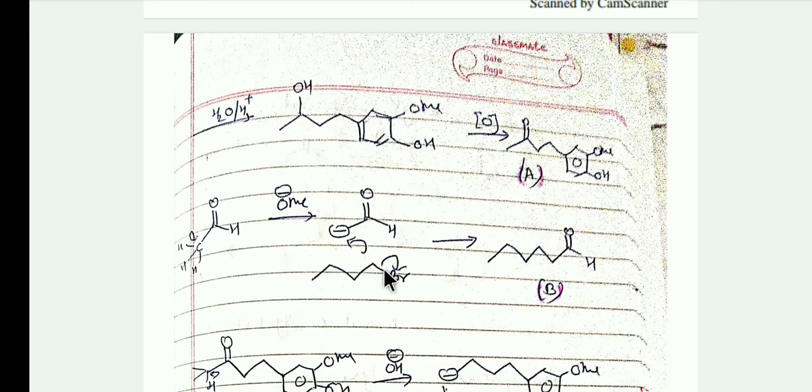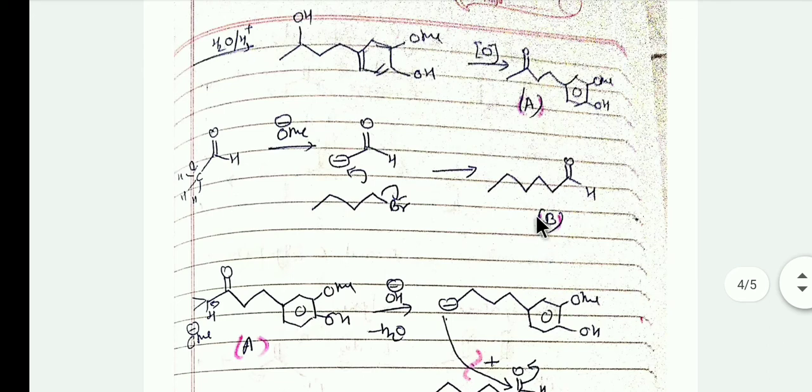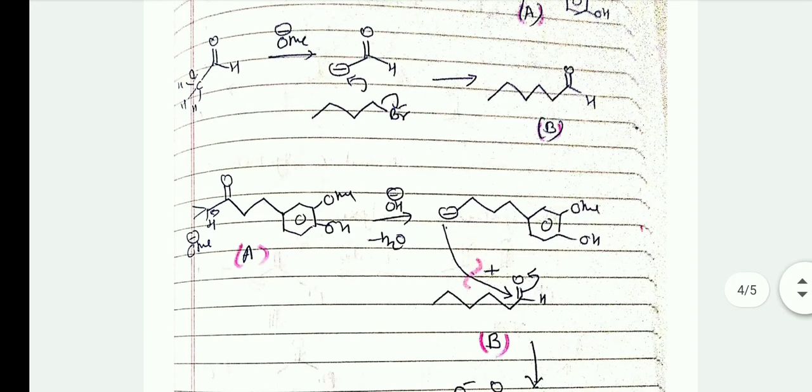And here this is the mechanism, but actually we add this compound to this compound or synthetic equivalent for preparation of the compound B. In the reaction of compound A with any base, OH minus or OMe minus, it abstracts a proton from here, and we get a negatively charged synthon here, this negatively charged anion, and this negatively charged molecule reacts with another molecule of B. Here this is the B molecule.